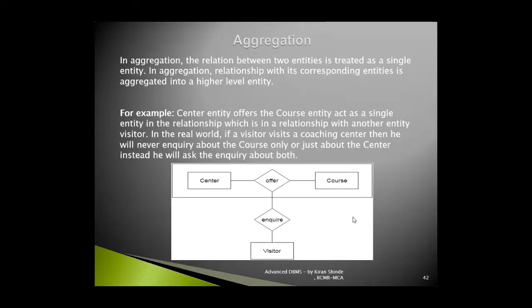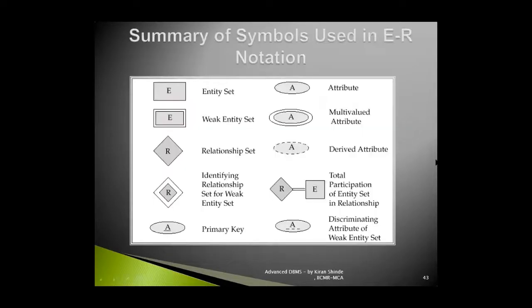Okay. So this is a simple example of aggregation, where you understand that whenever a number of higher level entity sets together are going to be required by the lower level entity set, then we can combine those entity sets together with this particular extended feature of the entity relationship diagram, which is called aggregation. So this is the third feature which we talked about today in this video session.